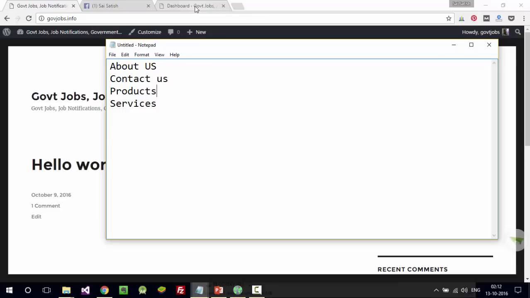There is even a plugin called WooCommerce. With the help of this plugin, you can sell products also. You can even do affiliate marketing with WordPress. There are many plugins available to do affiliate marketing. That means you can sell Amazon products or Flipkart products from your website with the help of those affiliate plugins. Within a few minutes, we are going to see some of them.